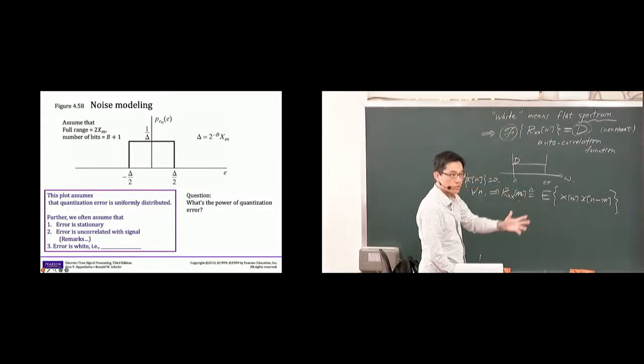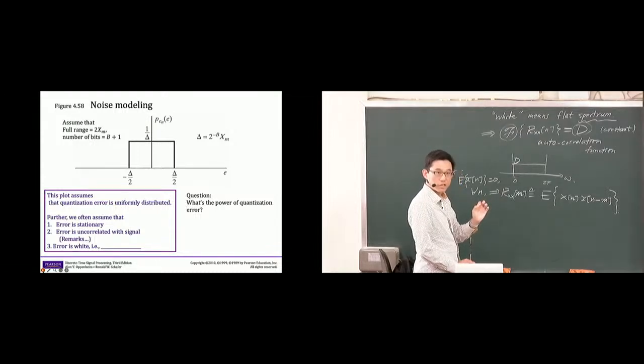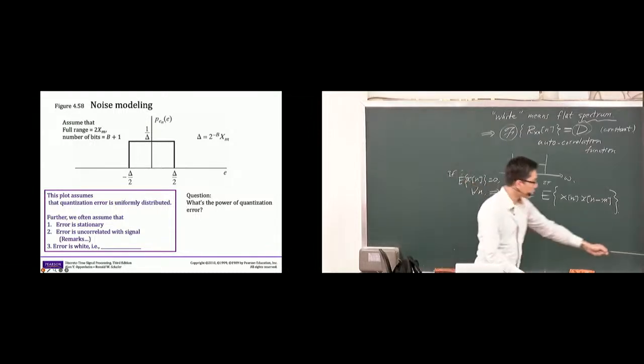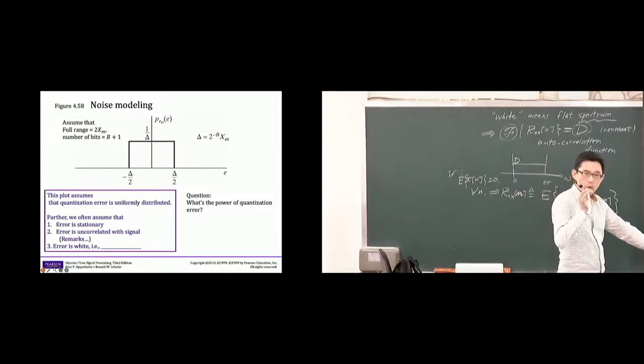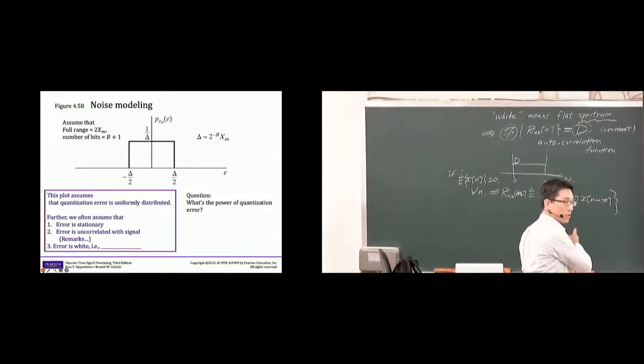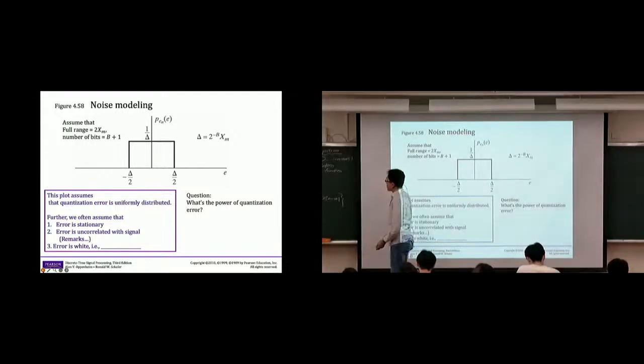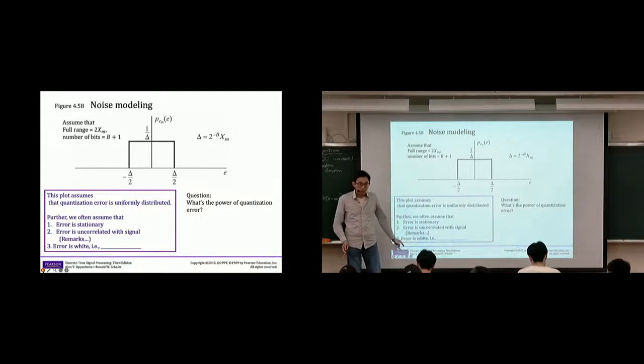Okay, so there are a lot of twists already. So yeah, please follow me. Okay, so far so good. So we're talking about error is also often assumed to be white. Then there is some background knowledge that we need to mention. What do we mean by white? White means flat spectrum. What spectrum? The Fourier transform of what? The Fourier transform of the autocorrelation function. Then what is the definition of the autocorrelation function? So there are a few steps before we can precisely talk about what we mean by the spectrum being white.